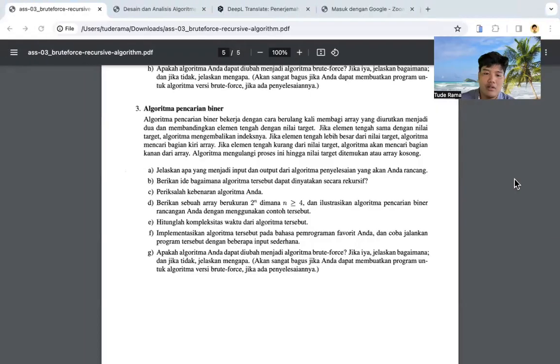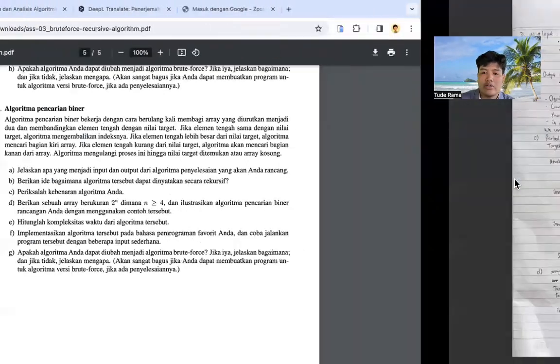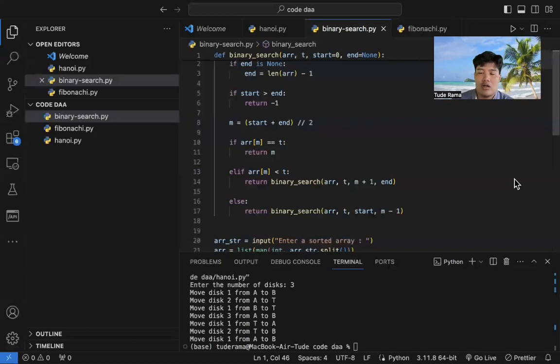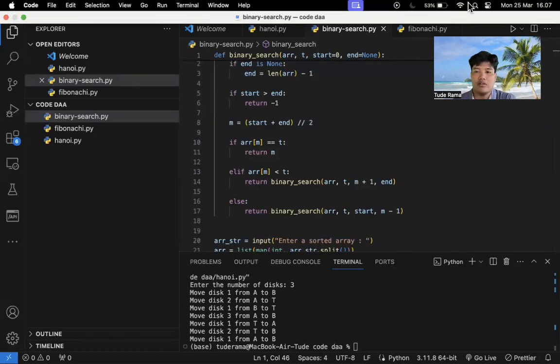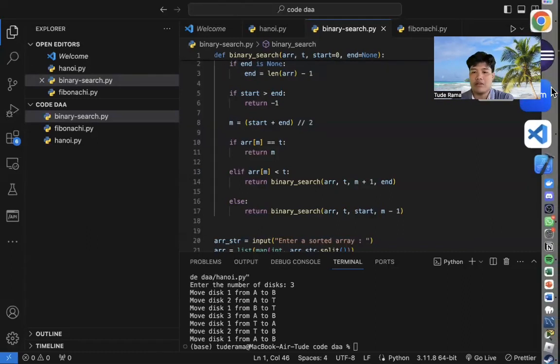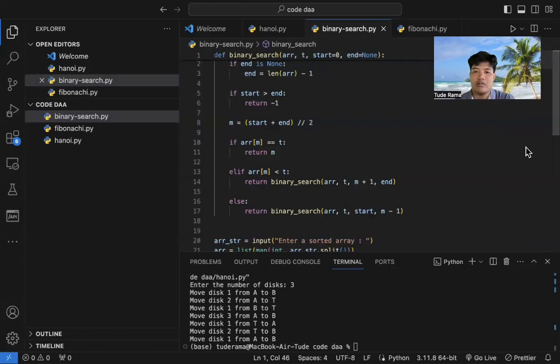Next, the implementation in code. I made this code to implement the binary search. I'm naming the program binary_search with input array and the target. In lines 2 and 3, it determines the length of the array.